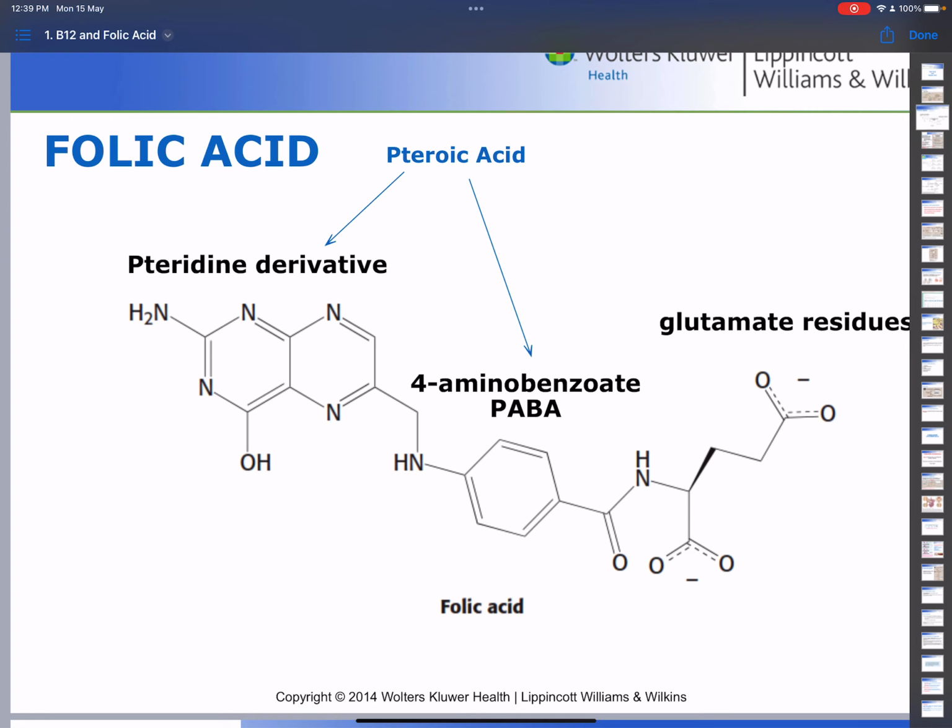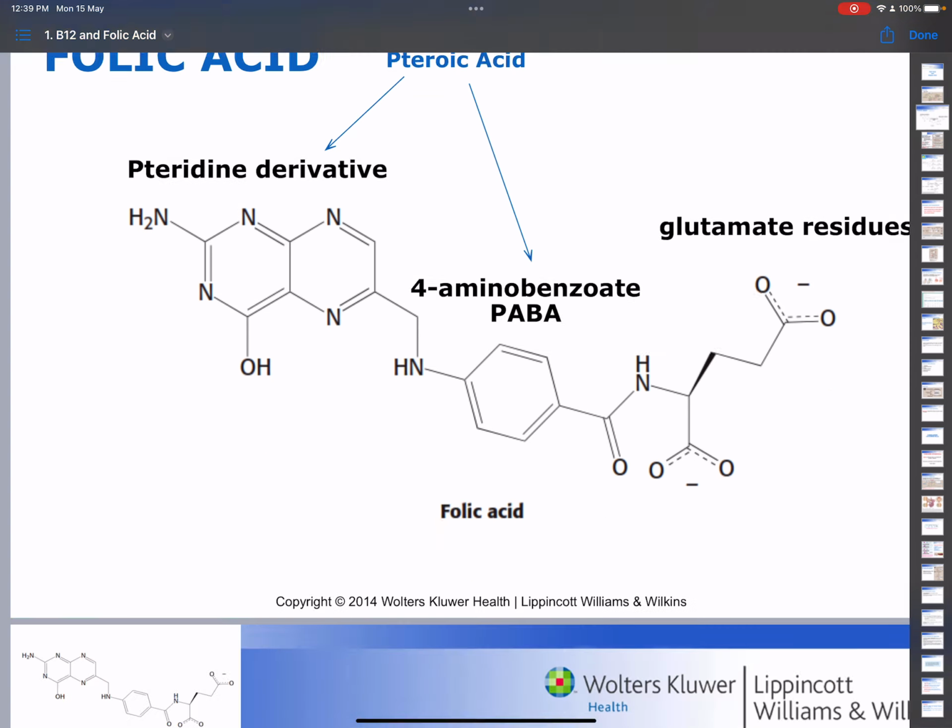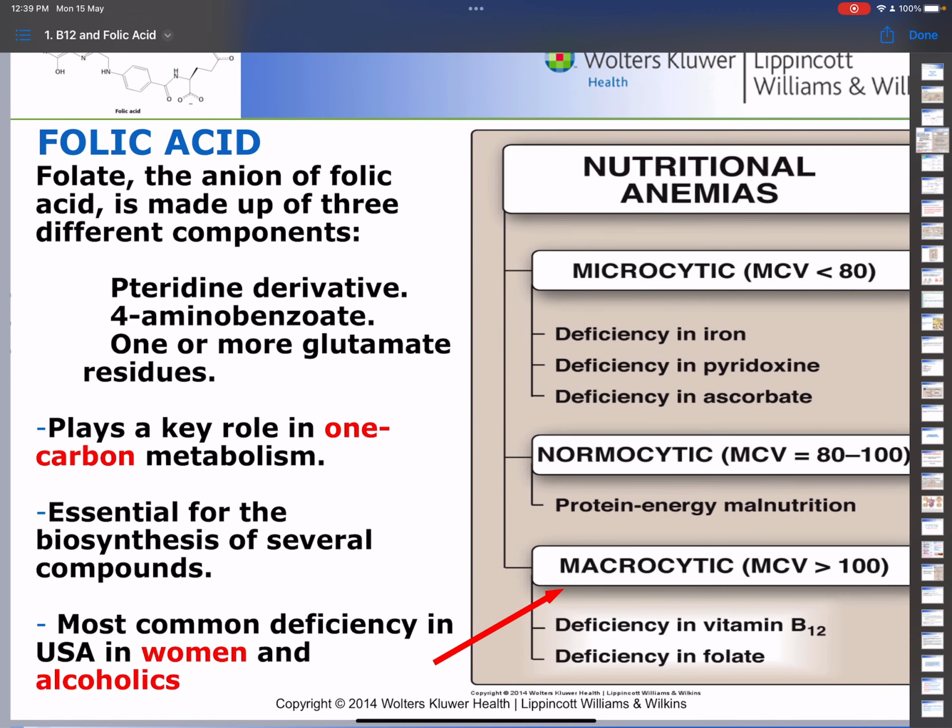Okay? And the folic acid is required for the hematopoietic process, and it requires vitamin B12 action, or the vitamin B12 is required for the preparation or activation of the folic acid. And the deficiency of the folate or vitamin B12 usually goes with what's called macrocytic anemia. Macrocytic anemia means that the MCV of the red blood cells will be big due to the deficiency